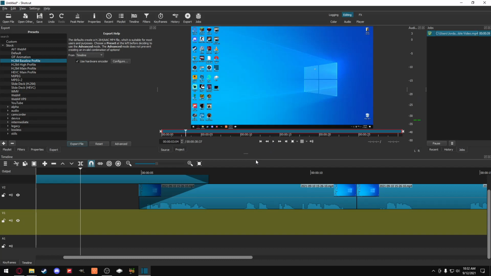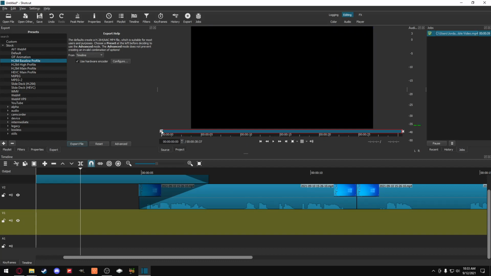So notice something here. This timeline indicator isn't moving, and we're now in the source. So we're loading directly from this file that's already been pre-rendered, pre-encoded. So we're not suffering any of the latency that the real-time effects would have been creating if we just watched this from the project timeline. So let's start over from the beginning, and let's just see what this